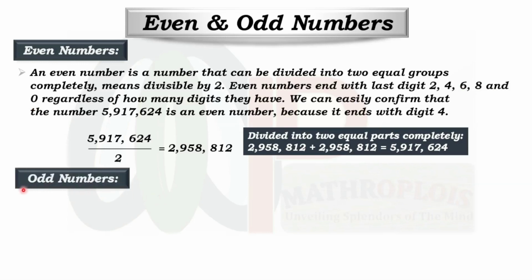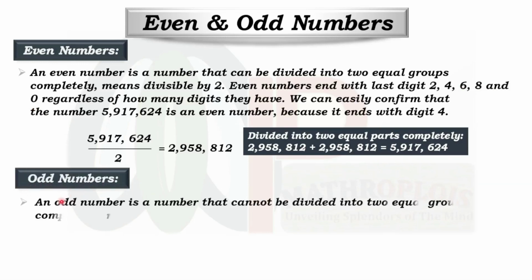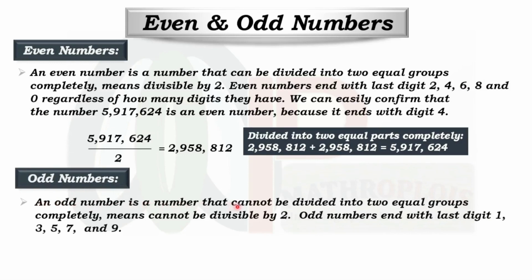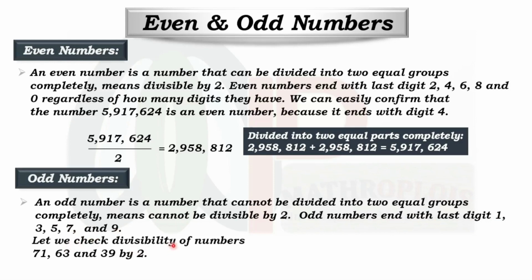Let us now define odd numbers. An odd number is a number that cannot be divided into two equal groups completely, which means it cannot be divisible by 2. Odd numbers end with last digit 1, 3, 5, 7, and 9. Let us check divisibility of 71, 63, and 39 by 2. 71 divided by 2 is equal to 35.5, means 71 is not divisible by 2 completely,